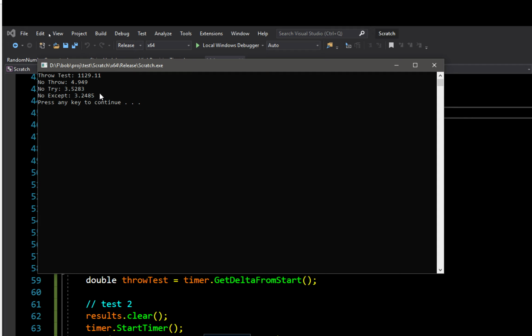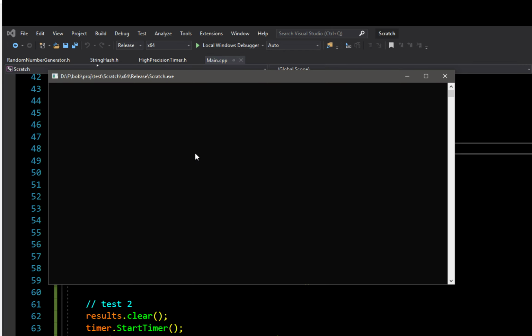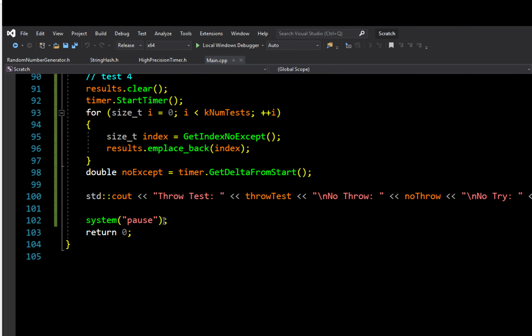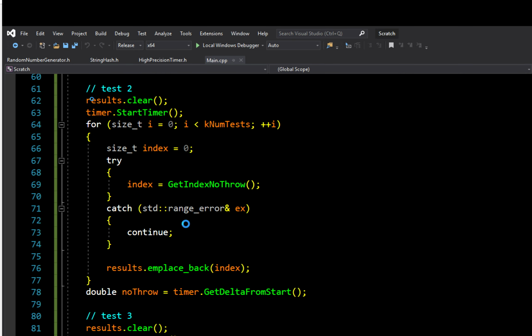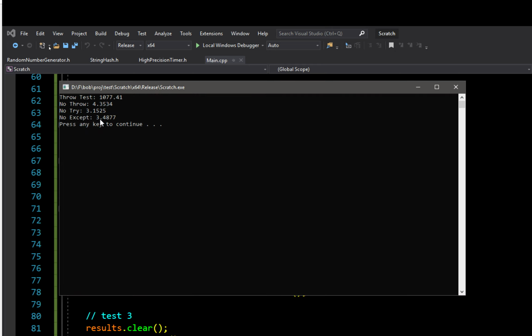No except is slightly better. I don't know if it's anecdotal here, or just how it happens to be done, but no except actually does appear to be slightly more performant. Again, I don't know if that's just luck of the draw or the fact that the array is in cache. There could be any number of things that are very close to each other. Oh, this time it's slightly slower. So I don't know that no except is going to be significant. I don't think it's a significant performance boost. It may be in certain situations,